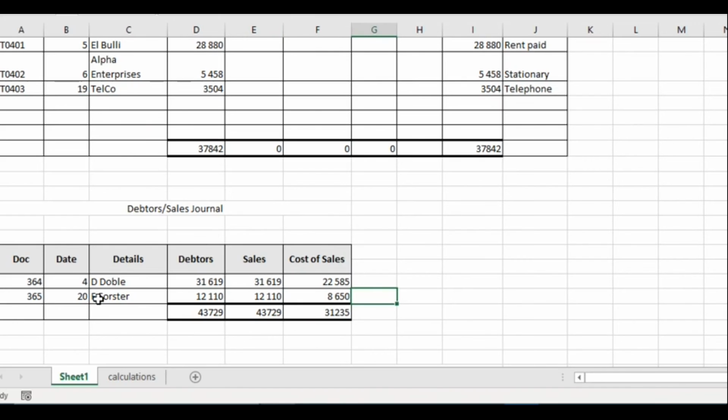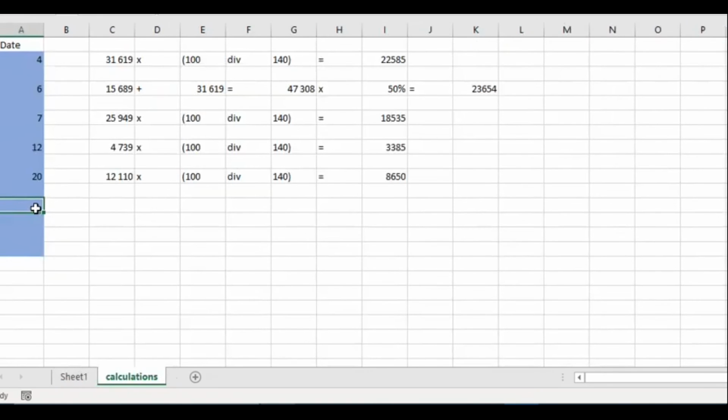Then as we move on to the next question, which is day 21, we said, okay, settle the account of Estrella Enterprises in full, reference T0404. So we paid whatever we owe to Estrella Enterprises. No discount was allowed, and the balance on this account at the beginning of the month was 4,057. So now we're looking for the balance that we should currently have. So this is 21, and our opening balance is 4,057